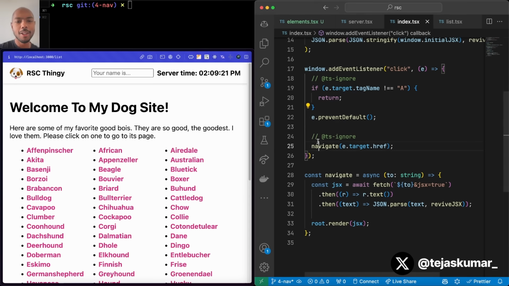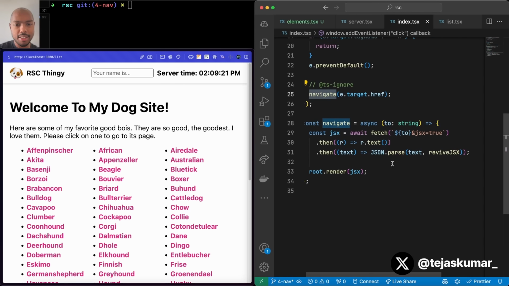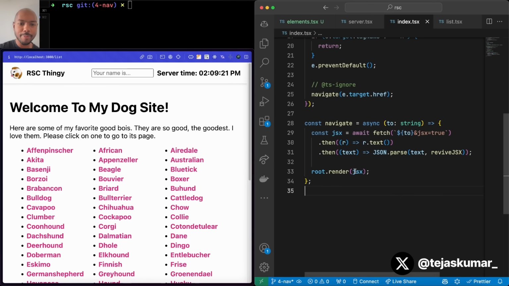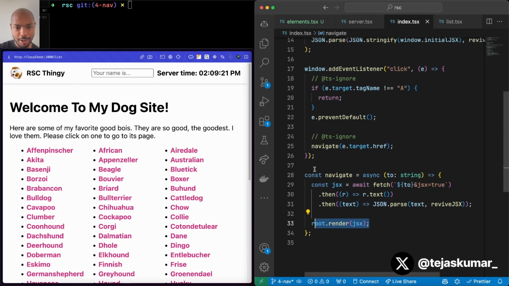What do we do? We call the function navigate. And what navigate does is it fetches our server and says, hey, give me a big JSX object. Give me a big React object that represents the next page. Then we take that output and we just re-render our application with the next page's JSX. Okay, so it's not quite navigation. It's re-rendering the next page's JSX output on the client side, because we can server render now, and we can server render server-side components, server components. So we get the big JSX object and just re-render it.